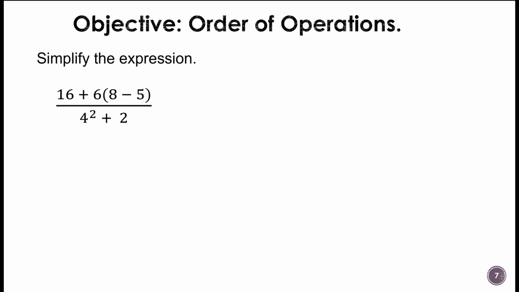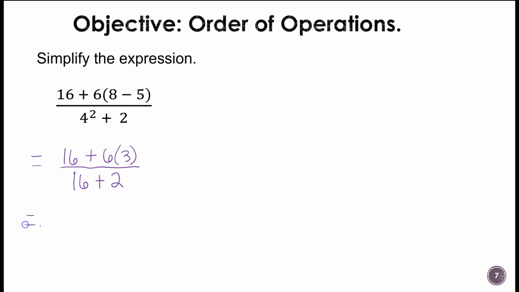Alright, so here we go. We have that grouping symbol of a fraction bar again. So we're going to take the 16 plus 6. Now I have parentheses, so I'm going to subtract. 8 minus 5 is 3. In the denominator, I can simplify the exponent, so 4 to the second is 16, and that will be plus